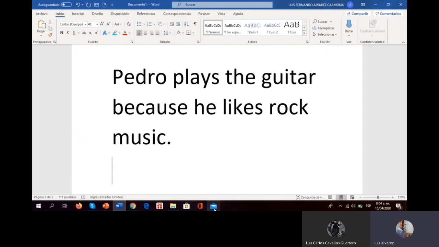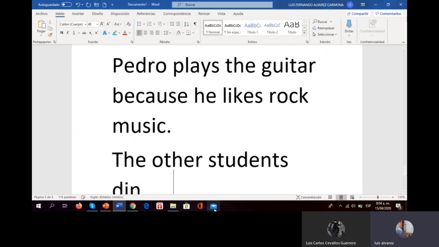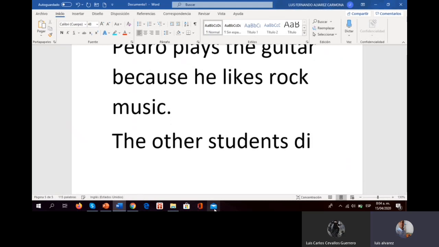You can say, for example, the other students, for example, didn't